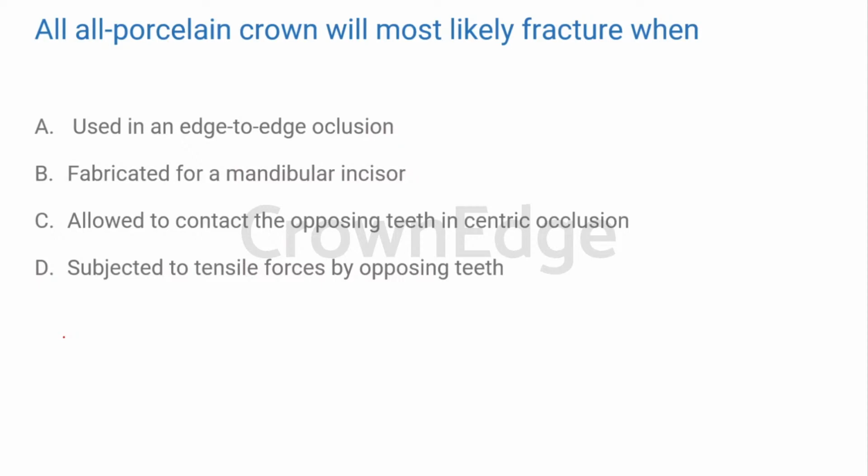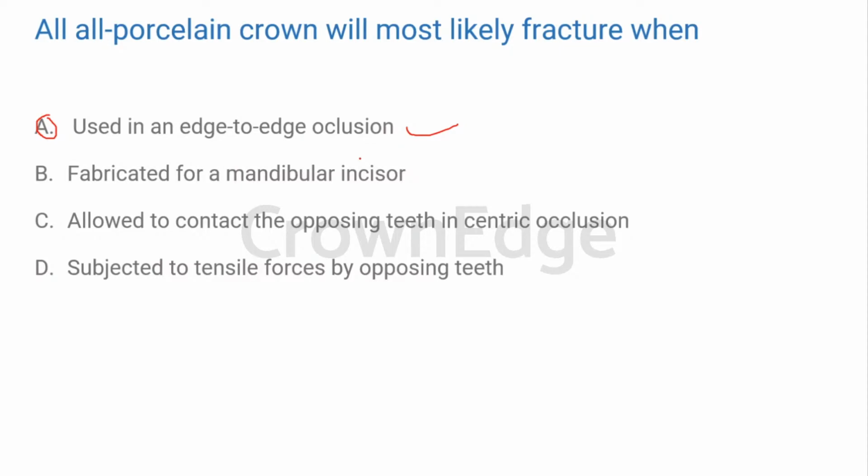All right. So as we all discussed, we know the different types of crowns. It is not said zirconia particularly. It is said all porcelain crown, which means it could be an all ceramic. It could be any type of an all ceramic crown. So when do they most likely fracture? This happens ideally when it is used in an edge to edge occlusion. So like we discussed earlier, they wear off quite easily. So what happens is,